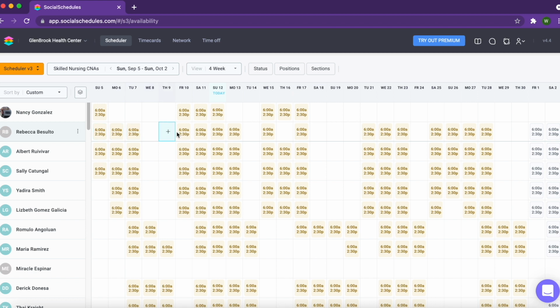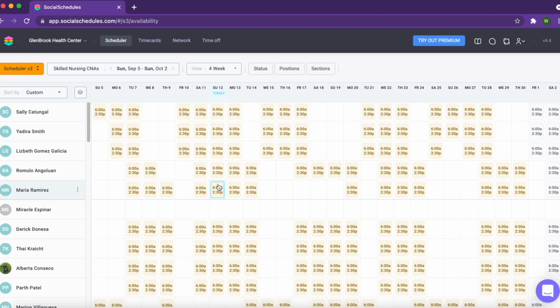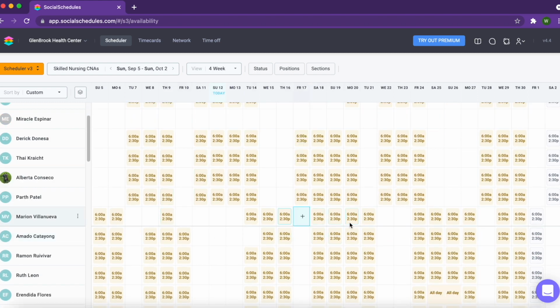So Rebecca's on a 3-2 and then a 4-1, and then she requested off. And we can see that rotation just carries over because the 3-week rotations are set up so that you don't have to create, for example, a template for the workers on this rotation and then a different template for the workers on this rotation, because it accounts for all of them. It's going out essentially infinitely, because the shift rotations just switch over every 3 weeks from week 3 to